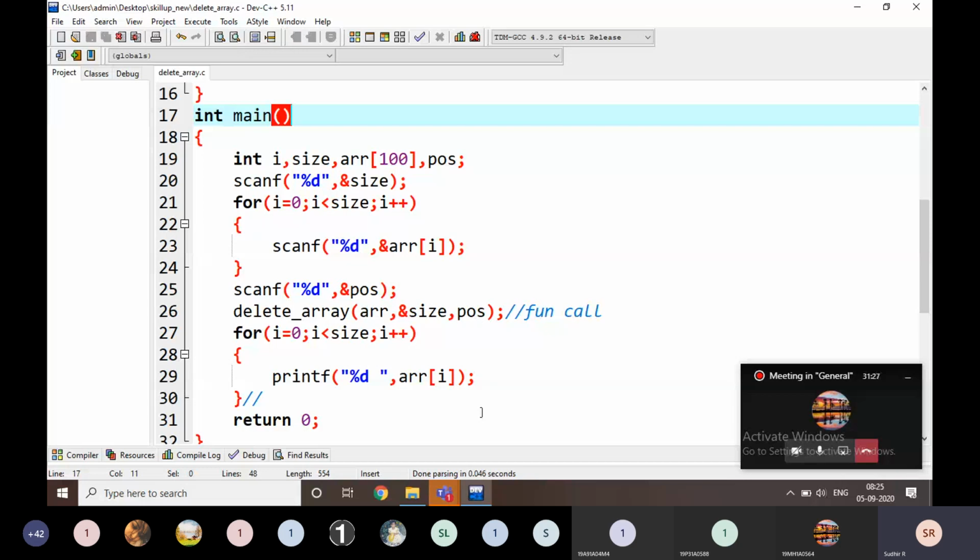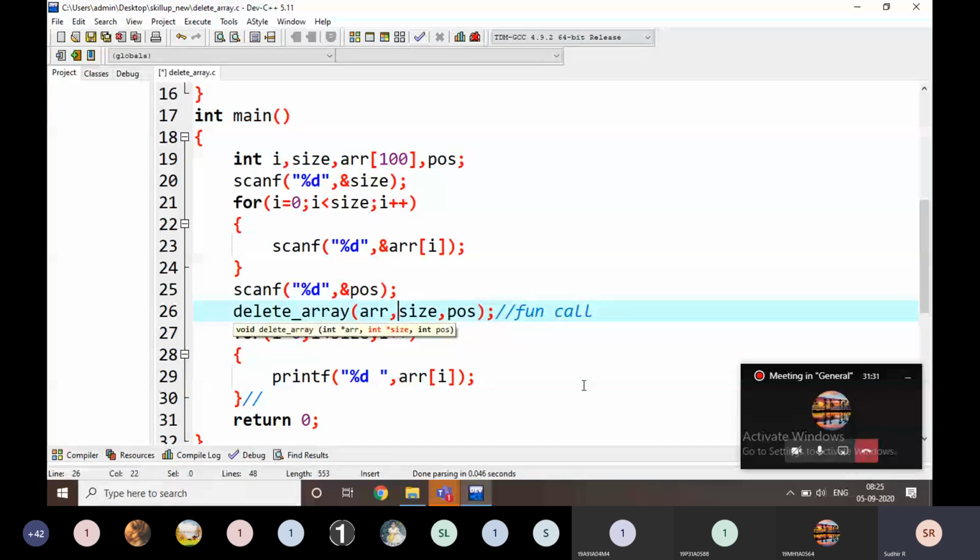The question will be different like this. For example, if it is not like this, we have to write like this. But in our program, we have to write passing the address.